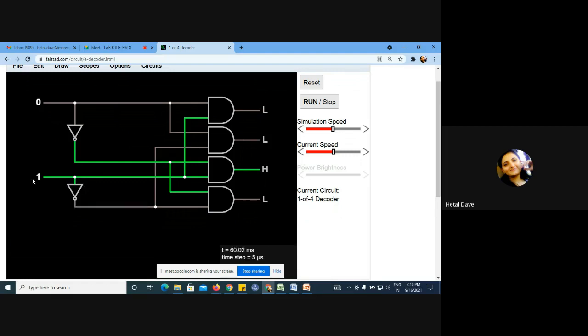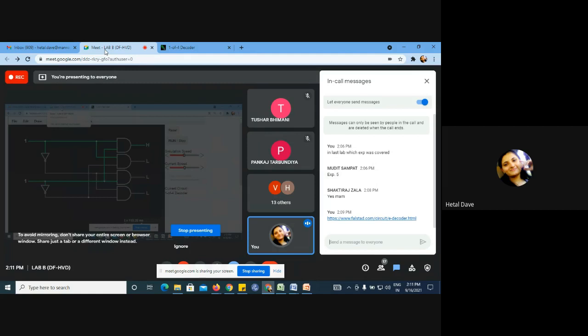Here if I give 0, 1, then what is happening at the output side? Three outputs are low and one output is high. Okay, let's make 1, 0. Fine. So our observation is this output is high, the rest of the output lines low. Last combination, because of 2 bits, so a total of 4 combinations are possible. Let's say the last combination 1, 1. So here one output is high, the rest of the outputs low. So what is your observation? Can anyone tell me what is happening here?